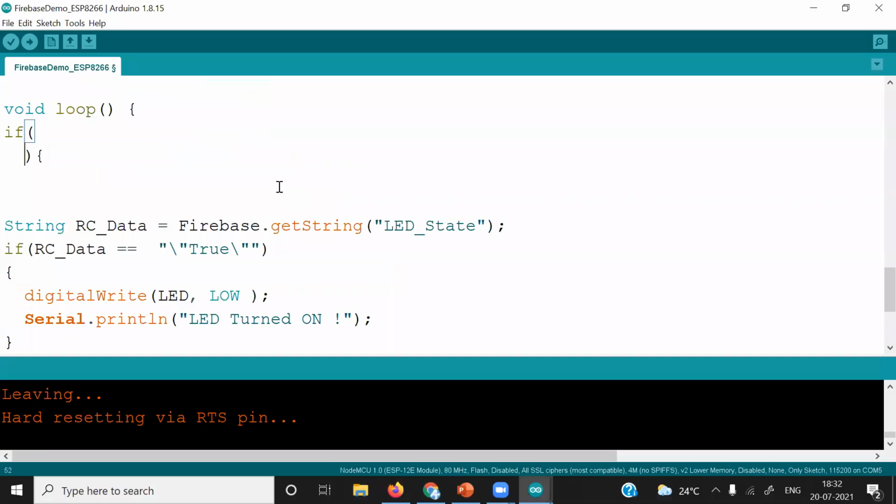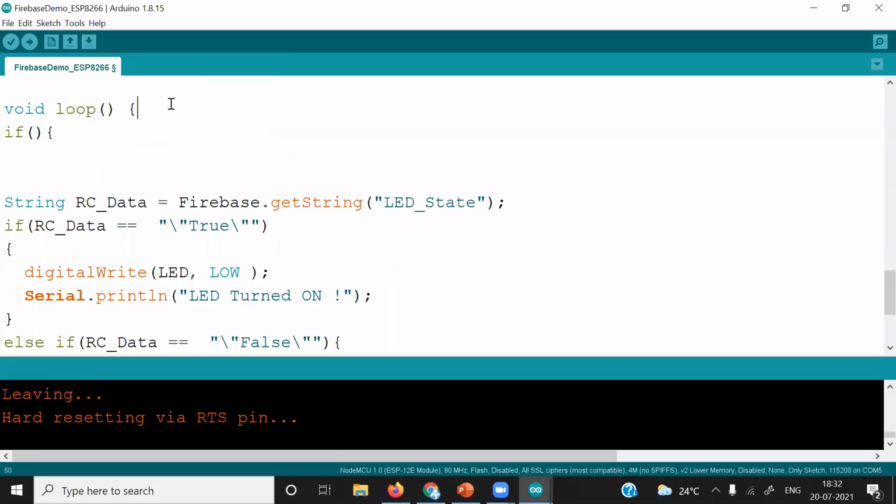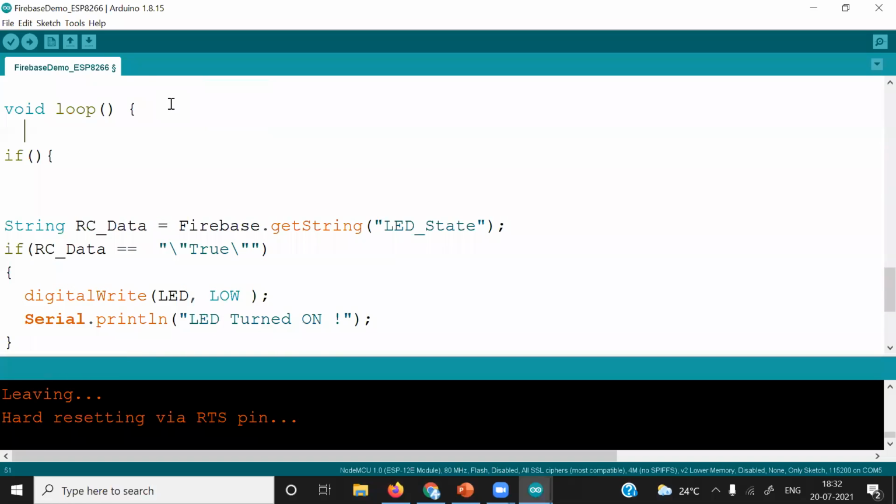What is the condition? You only want to read this RC data from object LED when we have pressed the button. To do that, first we have to read the button state. Control C, Control V, and I will just give the name RC data B, as button, and change it to button check.